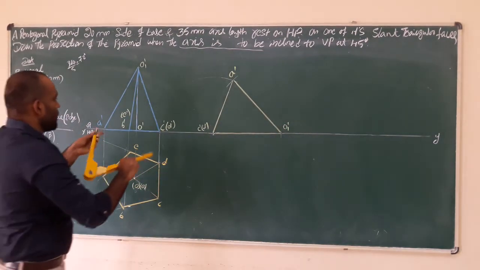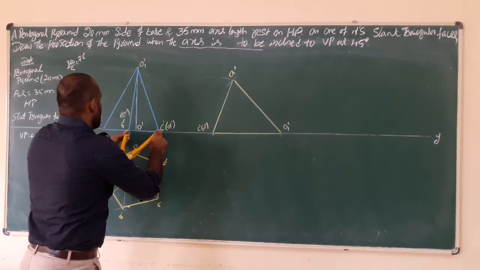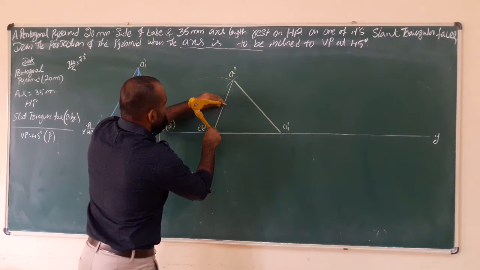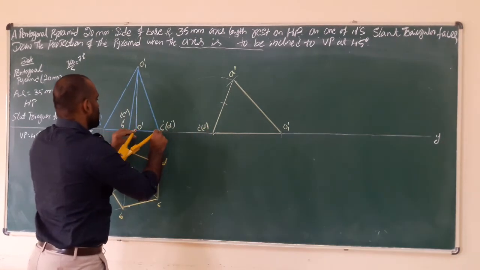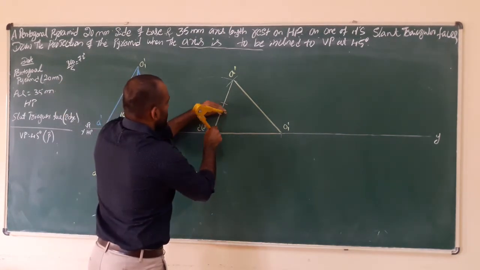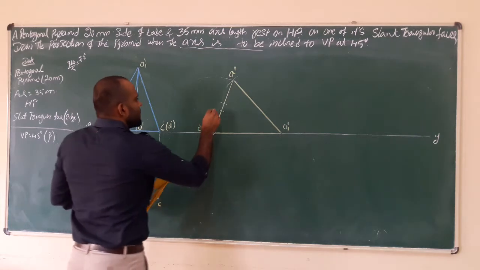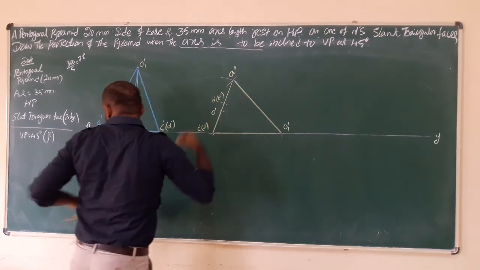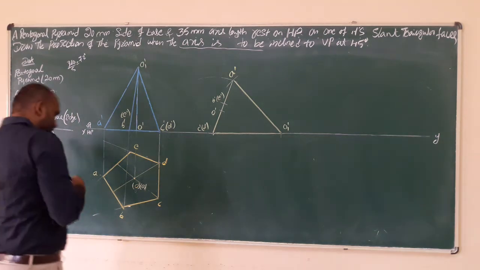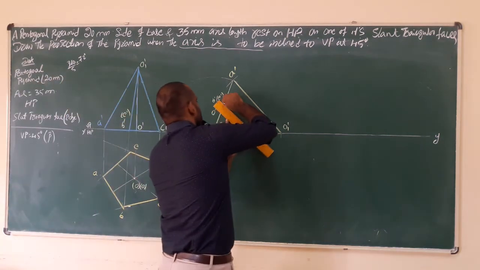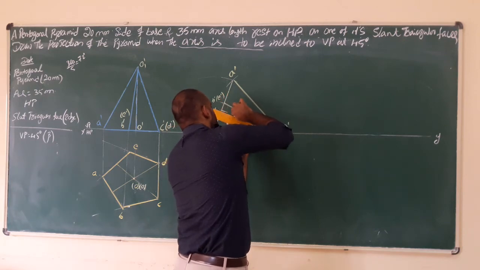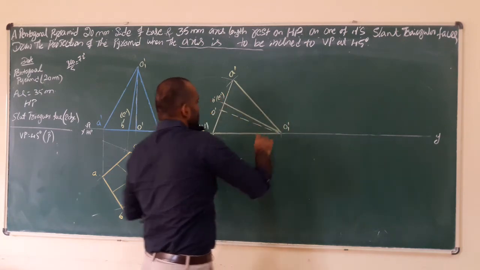Need to find one more point, C to B dash, and O is in the center. That point is called O dash, B dash. Join that line. E is a dark line, but for O you have to draw the axis line. After that you will get the 0 degree angle.